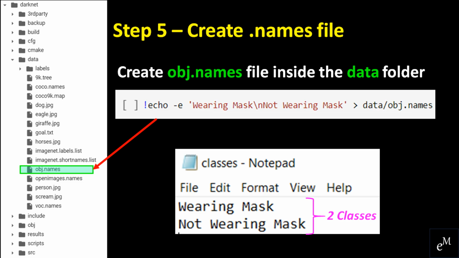In order for us to create an obj.names file, we are going to use the echo function, which is used to display a line of text. However, it will just print out the text as it is. So we also need to add the -e option to make echo interpret backslash escape characters. The \n indicates we need to add a new line. And then we will use the greater than sign to save the file into the data folder